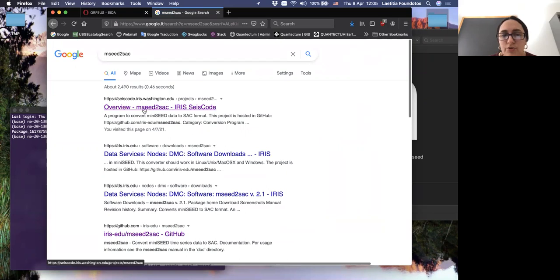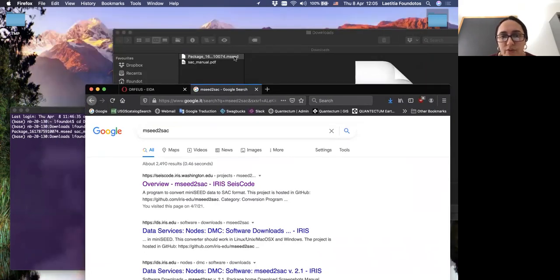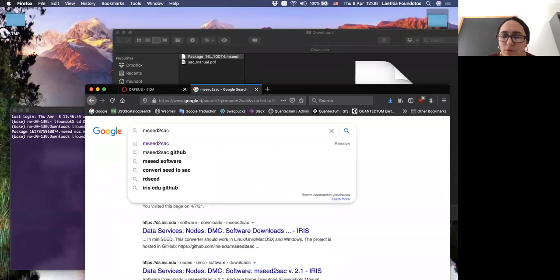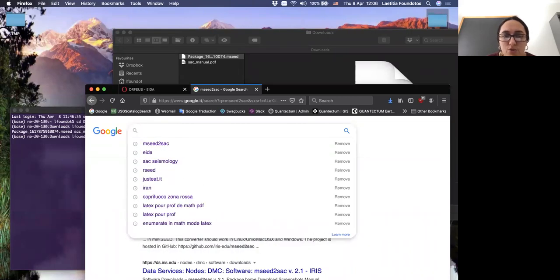This is a short program that allows you to transform this miniseed file to SAC files. So it's quite useful, because with this one we can do nothing. I also told you that there is also the full seed format.